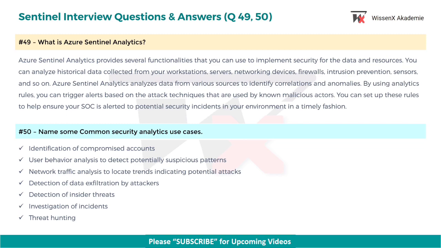You can analyze historical data collected from your workstations, servers, networking devices, firewalls, intrusion prevention sensors, and so on. Azure Sentinel Analytics analyzes data from various sources to identify correlations and anomalies. By using analytics rules, you can trigger alerts based on the attack techniques that are used by known malicious actors. You can set up these rules to help ensure your SOC is alerted to potential security incidents in your environment